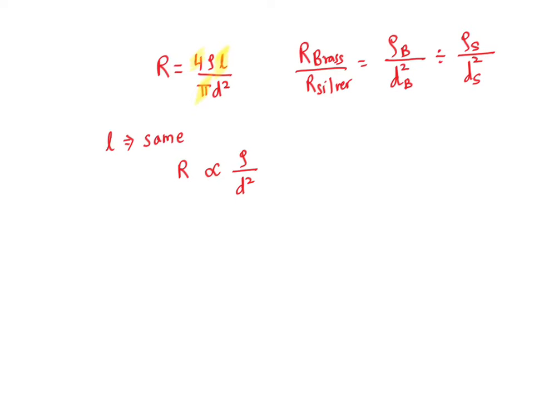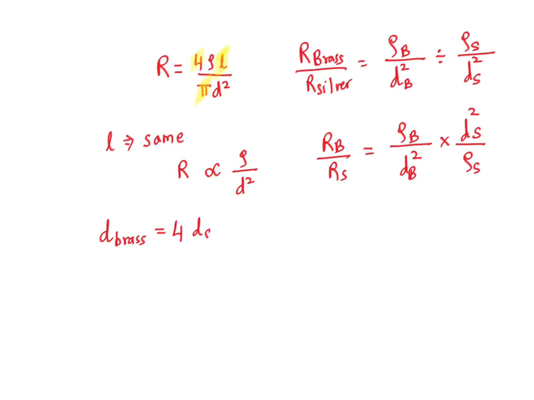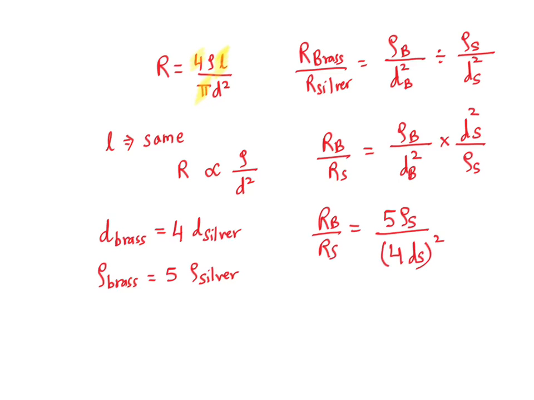So now we have got a division between the brass and silver, so we will convert that into multiplication using mathematical knowledge that we will do the reciprocal, and we got this equation. Now, knowing from the problem, we will use this information which was given to us in the problem and put that into the equation, and then just solve it, simplify it, opening the brackets and simplifying it,